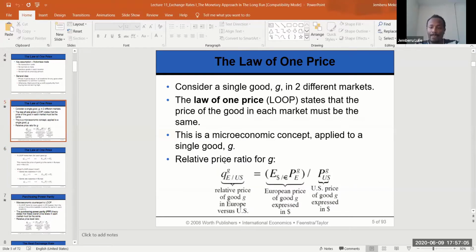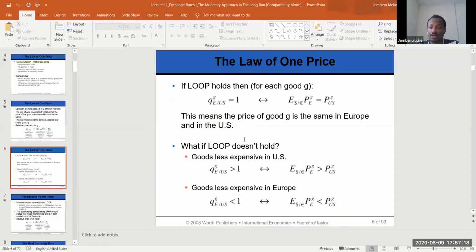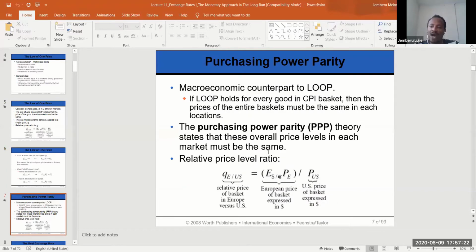But there are a lot of reasons that this parity may not be holding. If we assume that the law of one price holds for every good ግን ምን ማለት እንችላለን, we can also say that the law of one price holds for the basket of goods. With the macroeconomics ስናመጣው we should be talking about the baskets of goods ምክንያቱም በኋላ interest rate, money supply, blah blah ካልን we are going to talk about macroeconomics, so instead